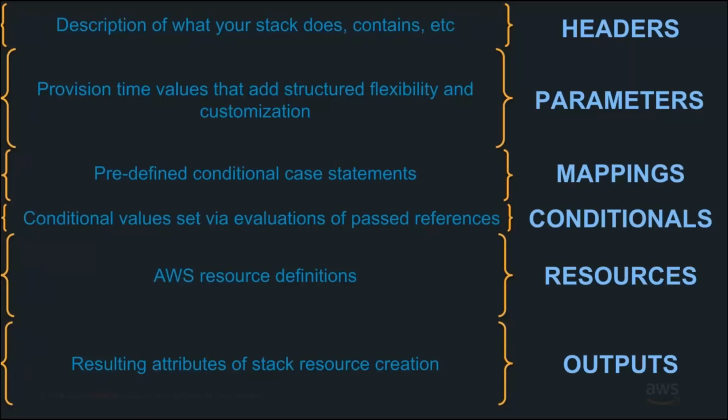The resources, again, these are the AWS resources that your template is going to create. These are things such as your Lambda functions, databases, VPC configuration, IAM policies and roles, all of the end AWS resources themselves. And then outputs are the resulting attributes that come out of a stack. You can think of it as a way for you to understand what your stack just did, such that it could be consumed potentially by other CloudFormation stacks, or just provide information to you based on, again, things like the name of a Lambda function or the endpoint for an API.